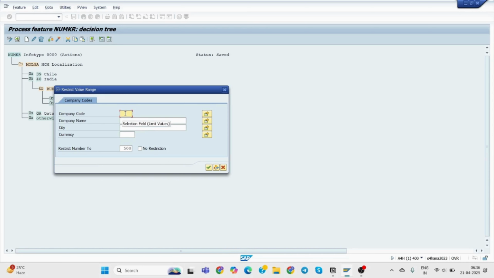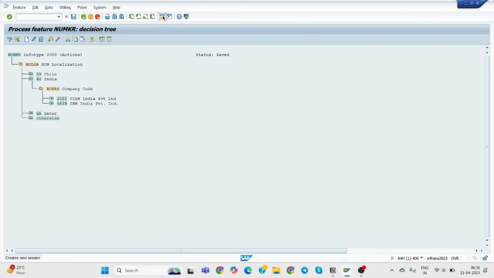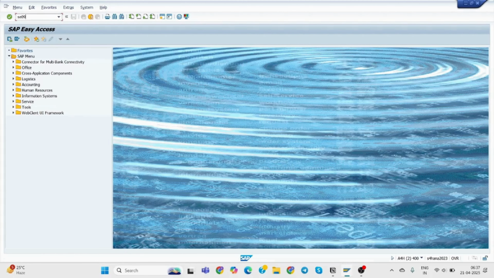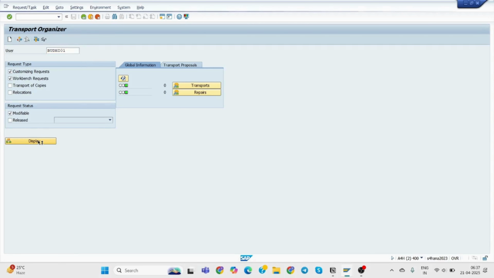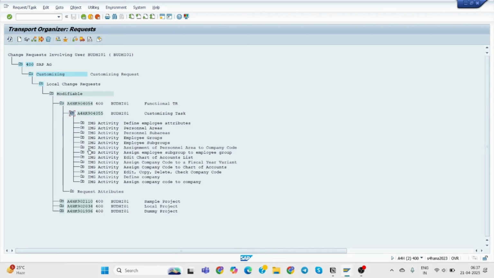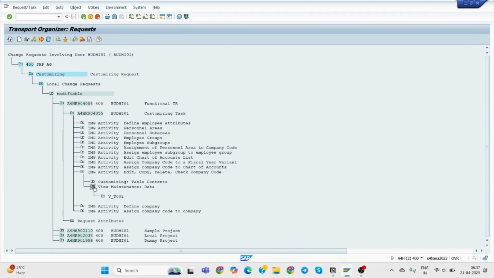Yes, here you can add your company code, whatever you have. If you forget your company code, use the transaction code SE09 and click on display. Now this is your transport request. Expand it, and here you see company code. Click on it, and